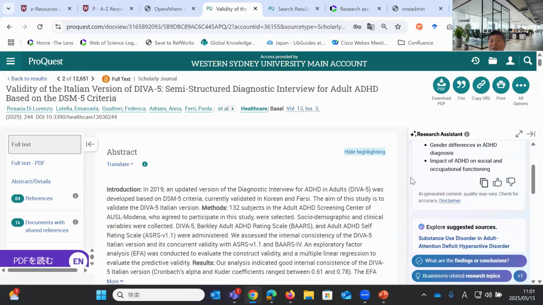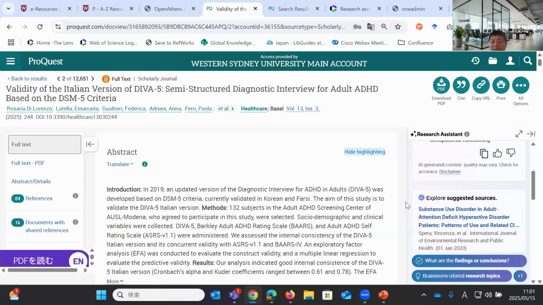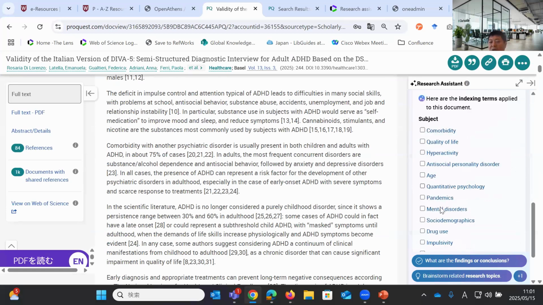So for the Web of Science, we do have an add-on feature that allows conversational exchanges between the user and the AI assistant. But we don't have that in ProQuest. It is to help users refine their search results further with the suggested terms and help them better engage with the document to see if the document is relevant or not quicker by showing this key takeaway, suggested terms, and all these things.